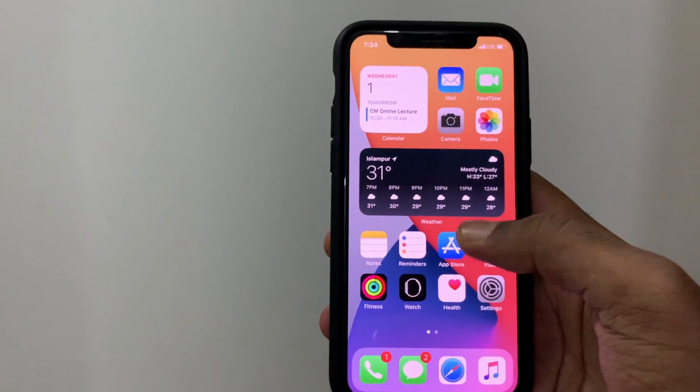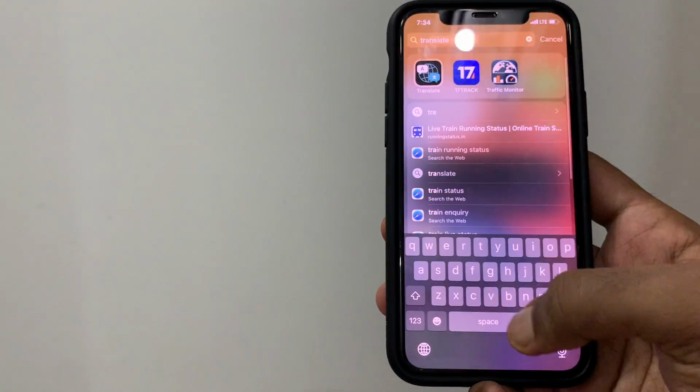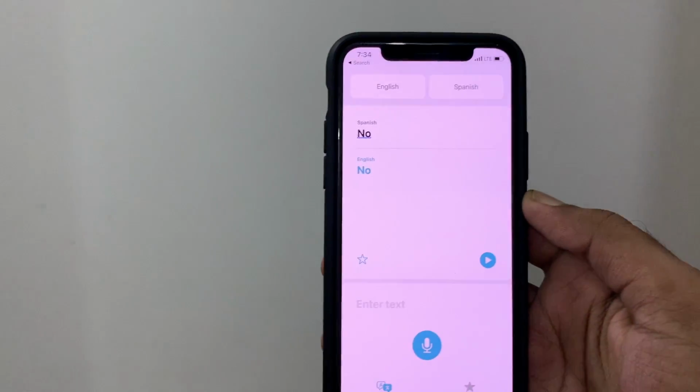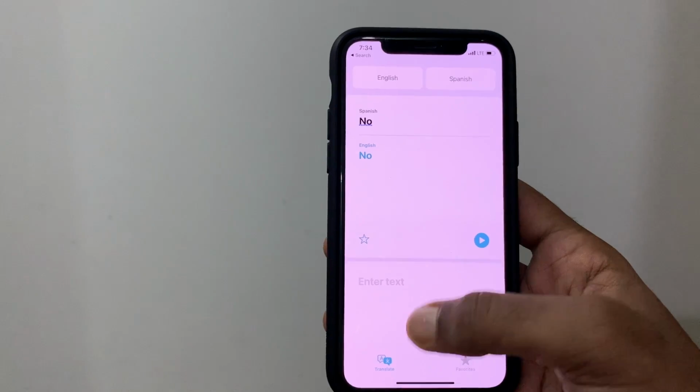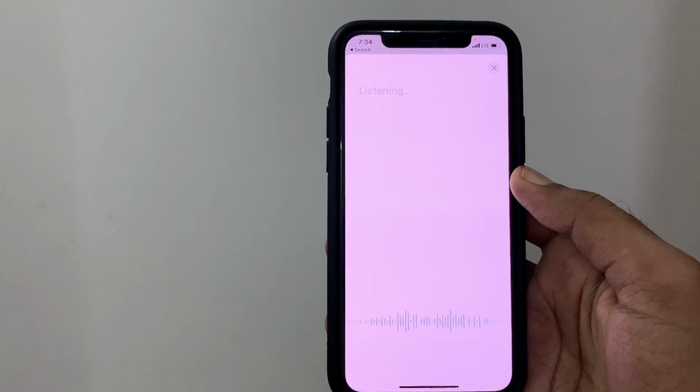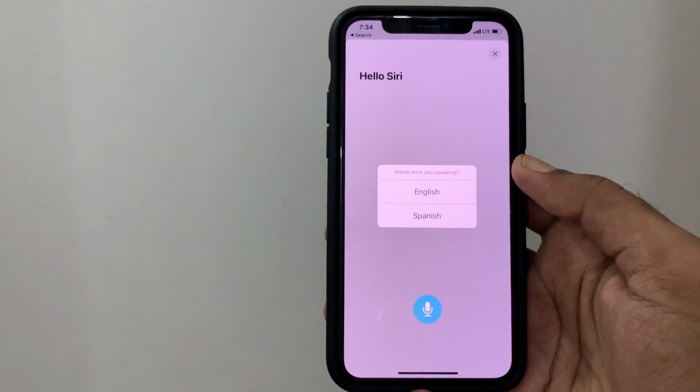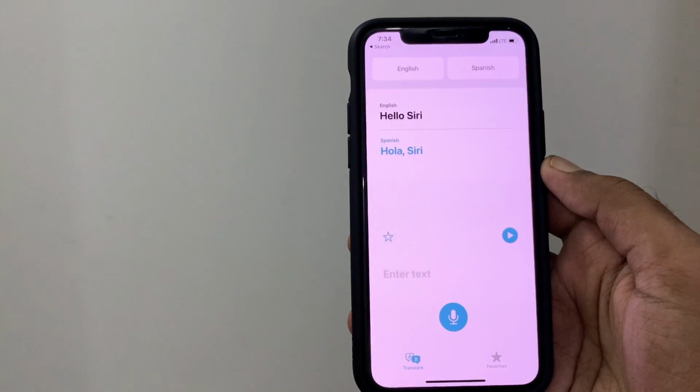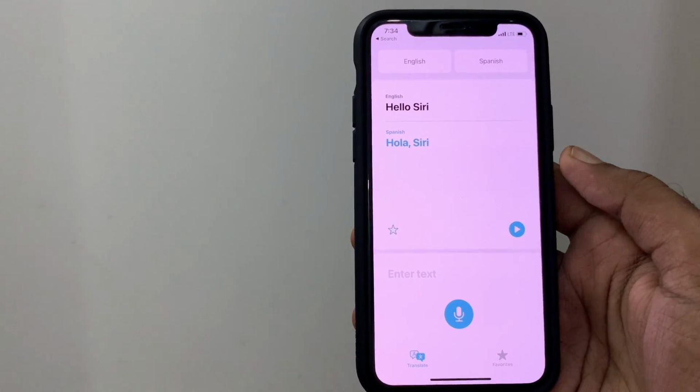So the Translate app. Let's go inside the Translate app. You can see there's a new app, Translate. It's a typical Translate app: you can translate with your voice or you can type something in to translate. Currently it supports some 8 to 10 languages, so you can speak to it to translate, or there's a new option called conversation mode.